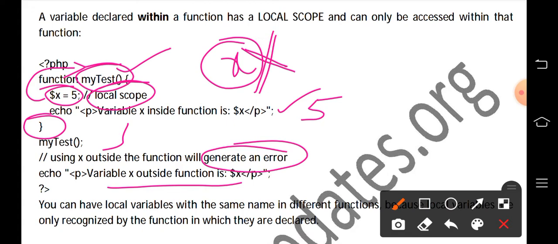Outside the function, x would give some garbage value. We will not get 5, because variables which are local to a particular function are destroyed immediately when the function is closed.